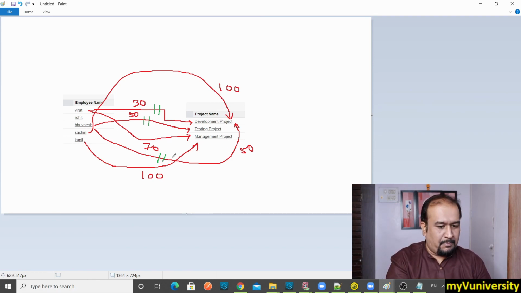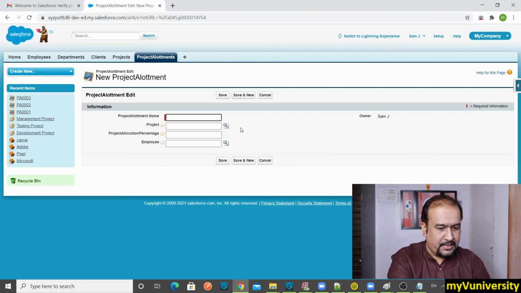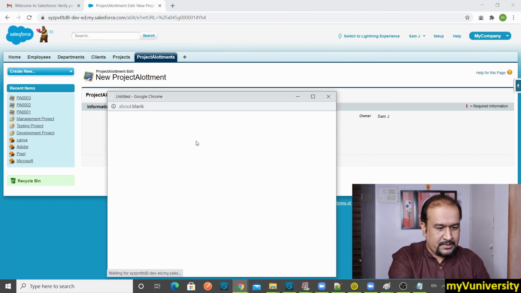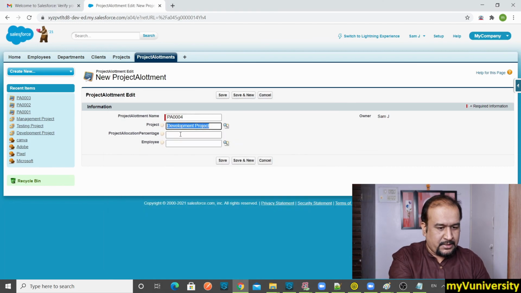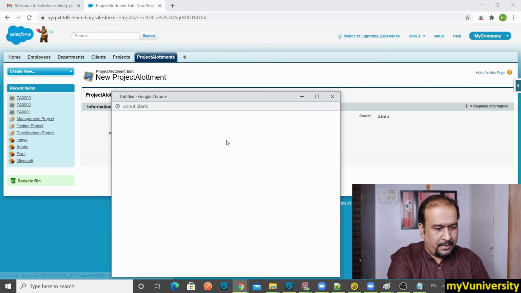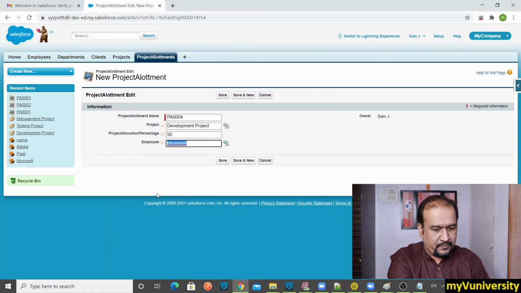So Bhuvanesh on development project 50%. Let's do that. So that is PA0004. Project is development project. Very good. Project allotment percentage is 50% and the employee is Bhuvanesh. That's what. Save and new.